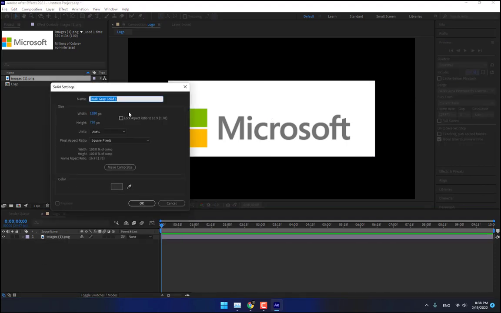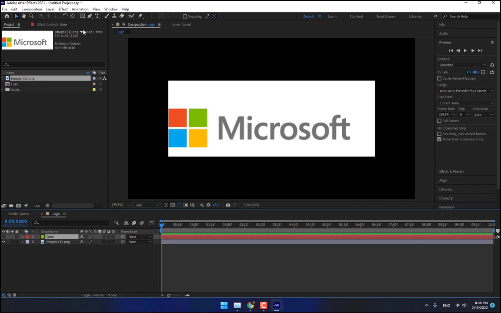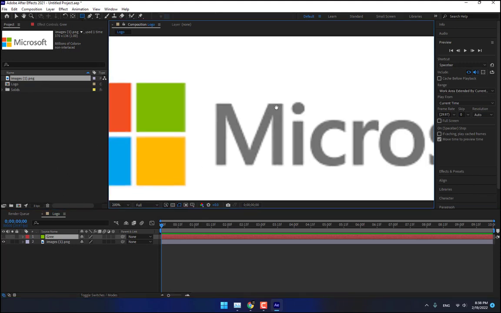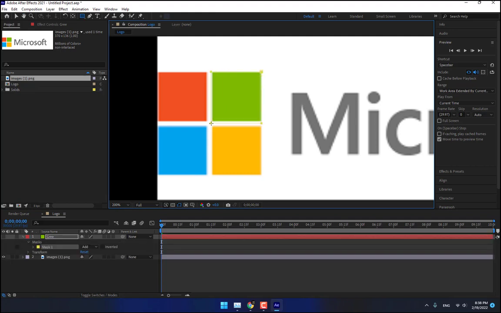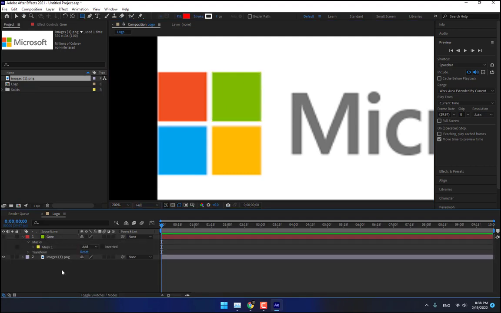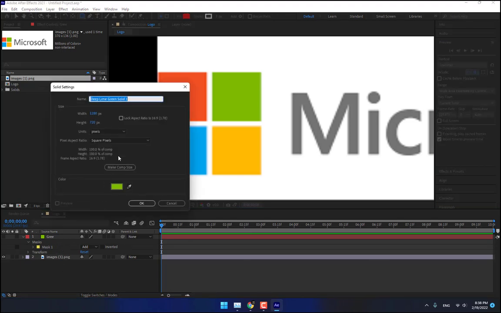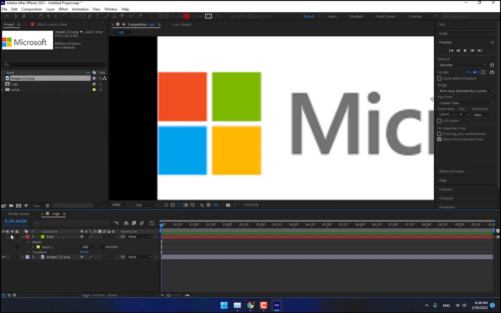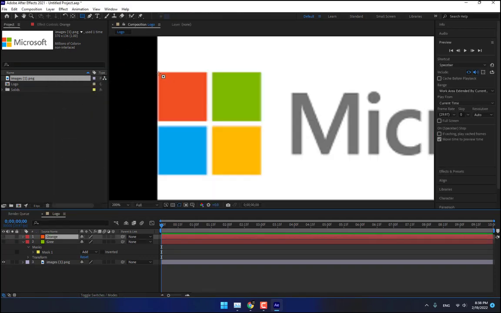Name it green. Select the color and close, turn off, select the rectangle and zoom in. This is about green. Create another solid, Ctrl Y and select the color, orange. Press OK, turn off the layer and